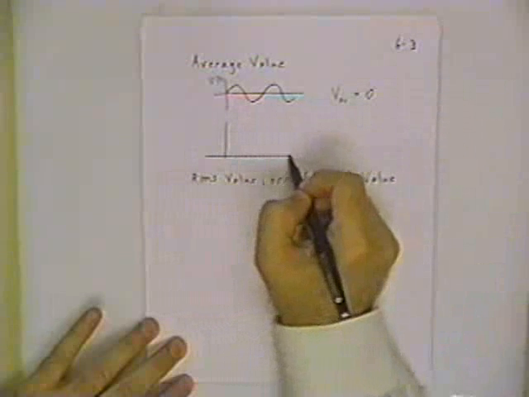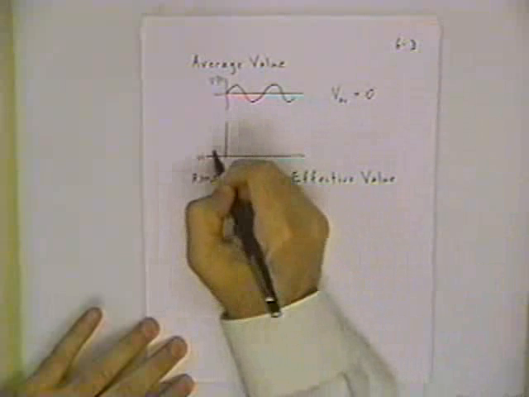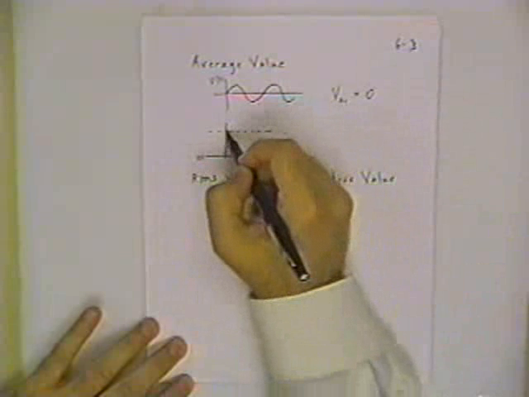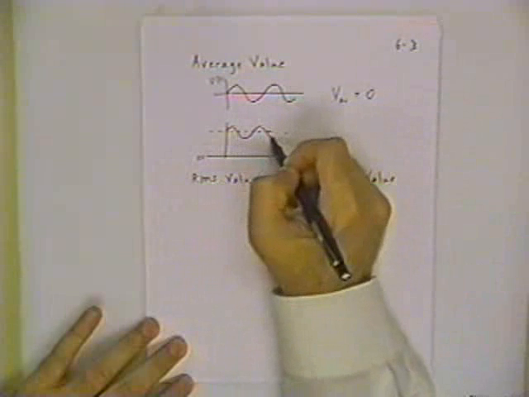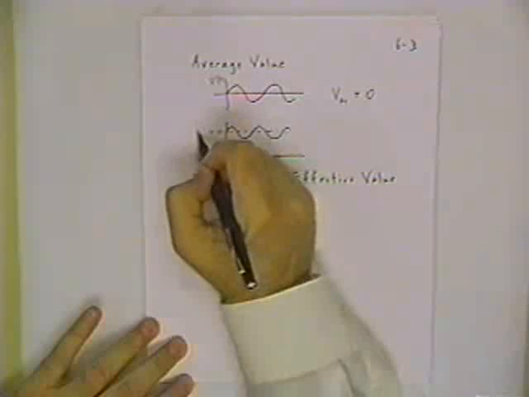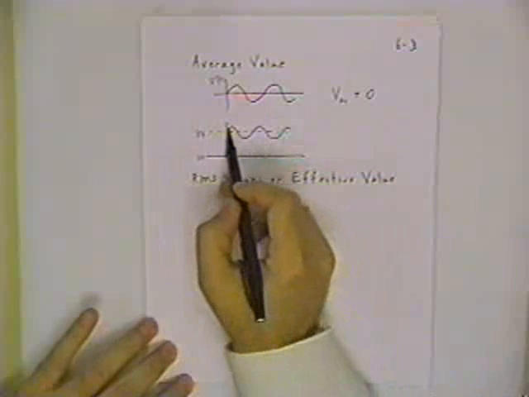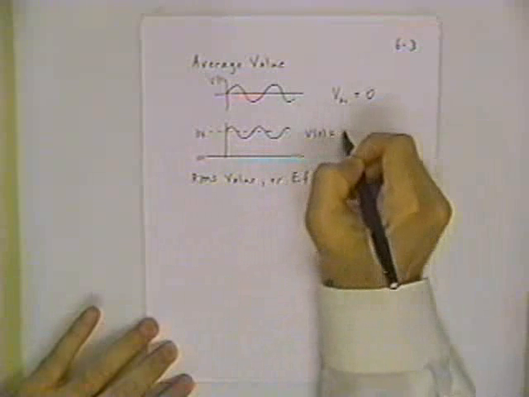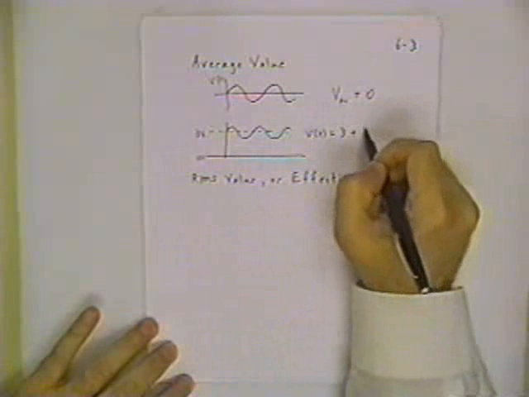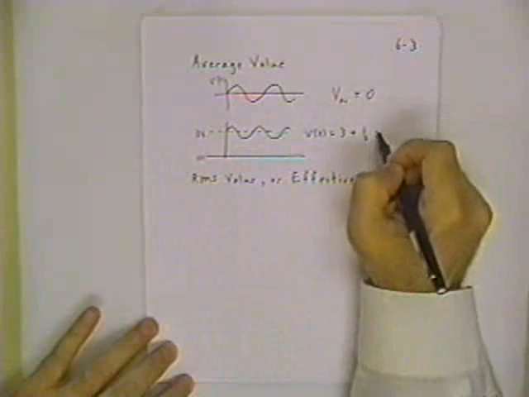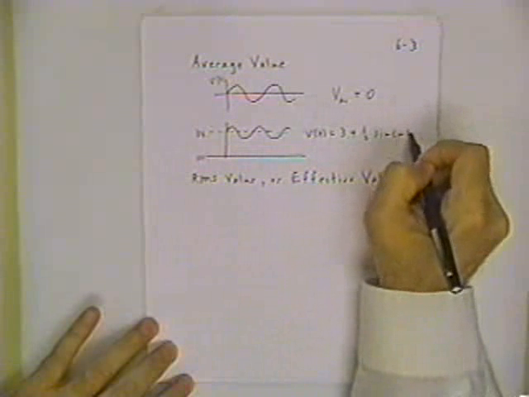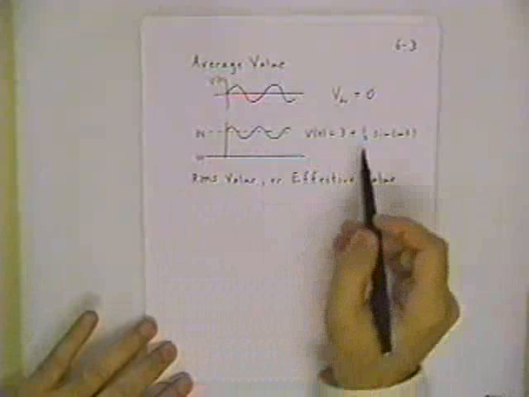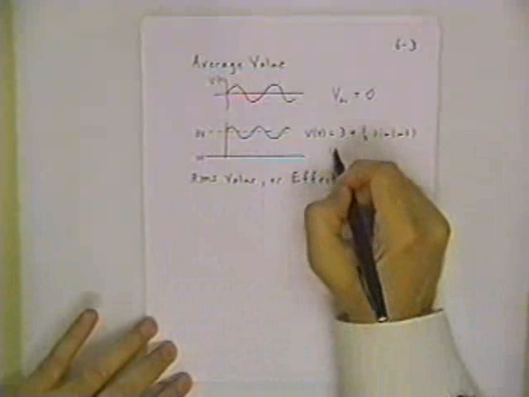If, however, you've got a case where here's the 0 volt level, and what you've got is an AC signal riding on top of a DC signal, let's say this is maybe a 3-volt line, and we've got perhaps a half-volt amplitude waveform. So V of t here would look something like this: 3 plus 1/2, and I'll just go ahead and call it sine of omega t, since I started off at the 0 value at t equals 0. What I get for the average value here